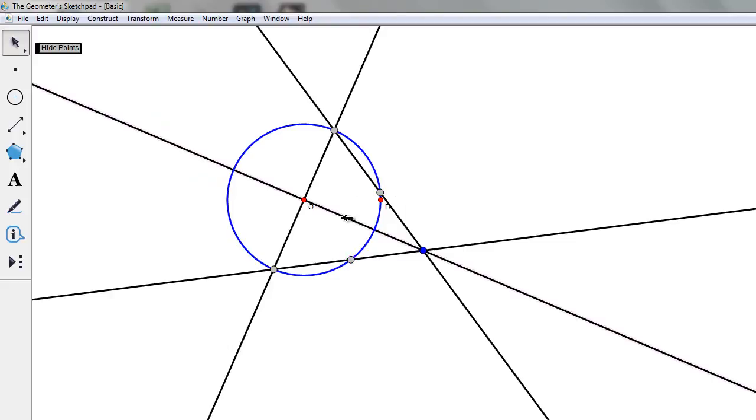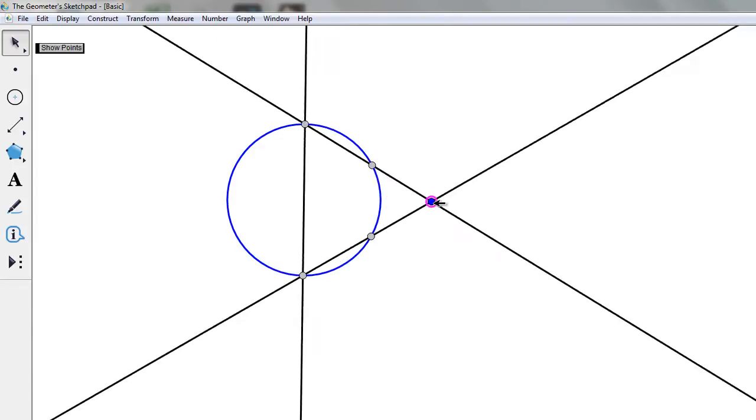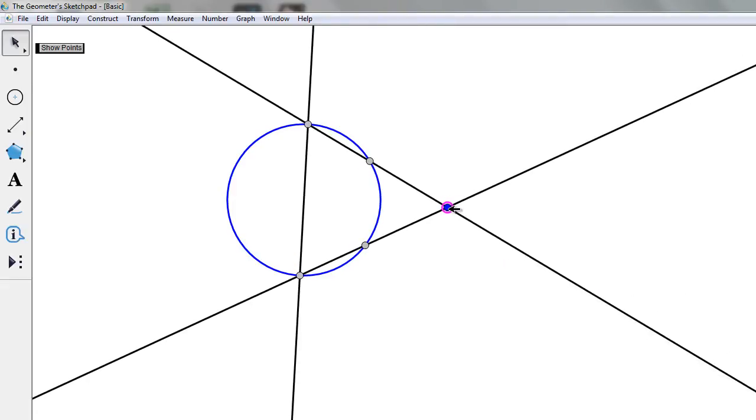Now at this point, this line and this line are really no longer needed. We could hide them by doing a Control H. That just hides that point. In fact, we don't need the center of the circle anymore either, so we just need this point and the 4 points that we've constructed now.